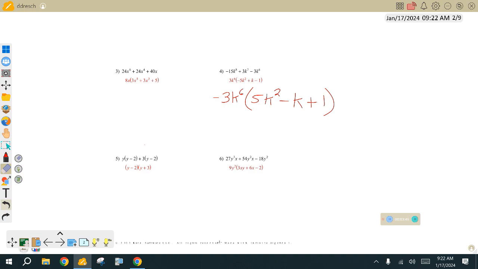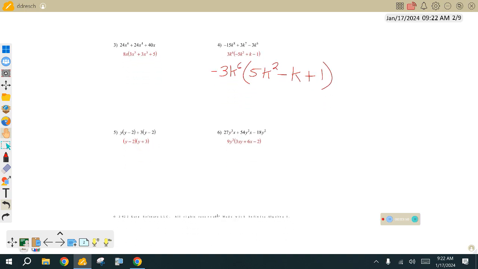Now, bringing it back to number 5, the GCF here at number 5 is the GCF where it's staring you in the face. This GCF is, and obviously you can tell in both terms here, that y minus 2 is a binomial. Here we say the GCF is a monomial. It's 1 term. Here it is 2 terms. So we're taking it out from this first term. This is 1 term, and then this is the 2nd term. So we're taking out from those 2 things. So if I take out a y minus 2